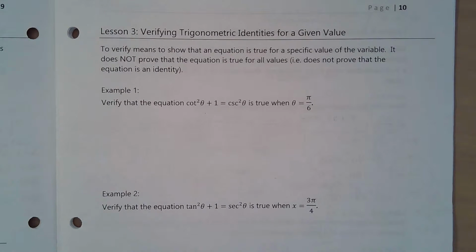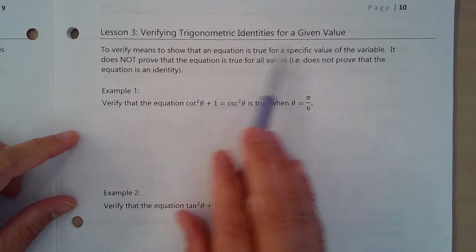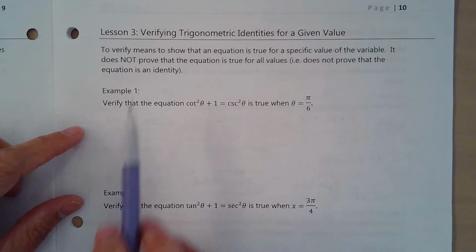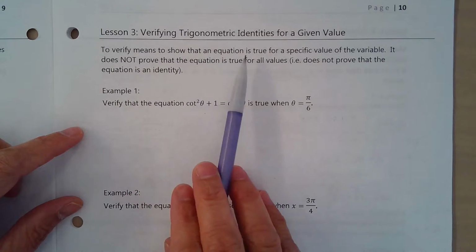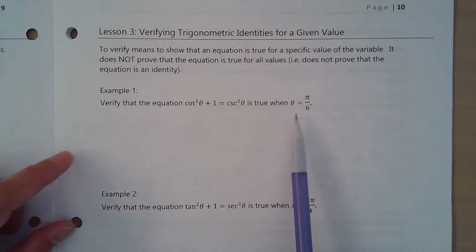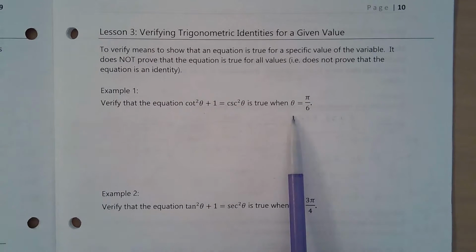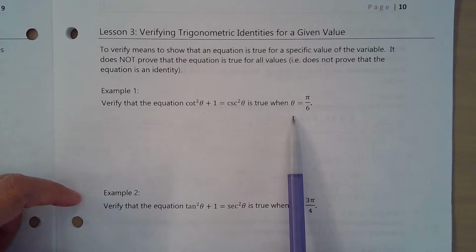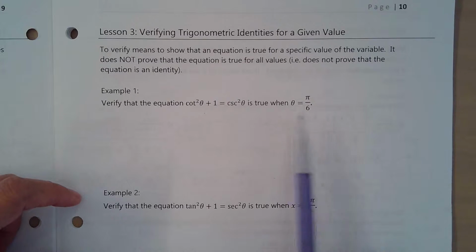So today we're going to do lesson 3, verify. The word verify is to check, to see if it's true, right? Verify trig identities for a given value. So to verify means to show that an equation is true for a specific value of the variable. It does not prove that the equation is true for all values. So it might work for this one, but there might be other ones that might not be true for all possible